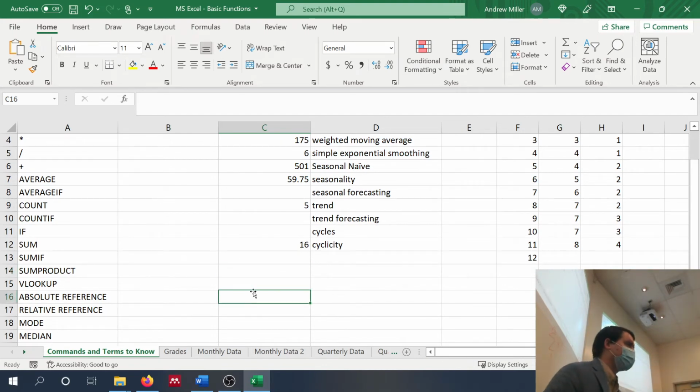Let's go ahead and move on to absolute and relative references. Okay, so the main difference between an absolute and a relative reference is a little bit complicated. But the idea is with a relative reference, it is only going to have the column and row listed. Not going to have anything else. So E15, H11, these are both relative references.